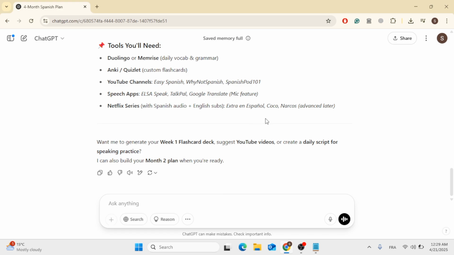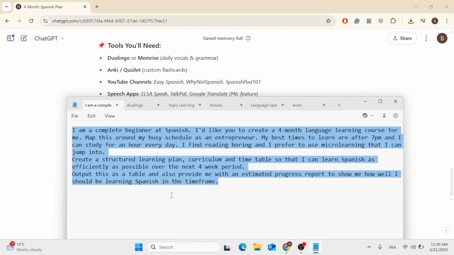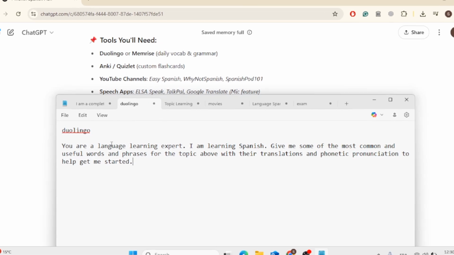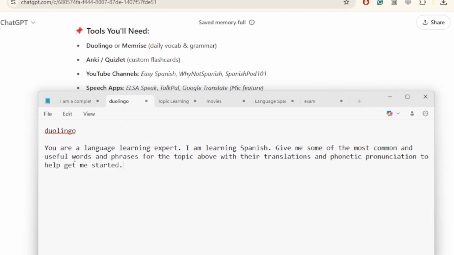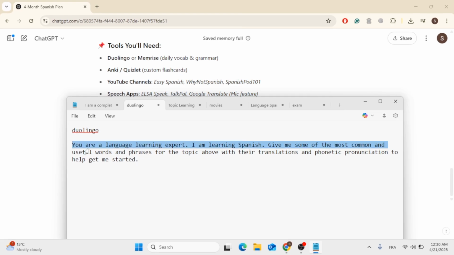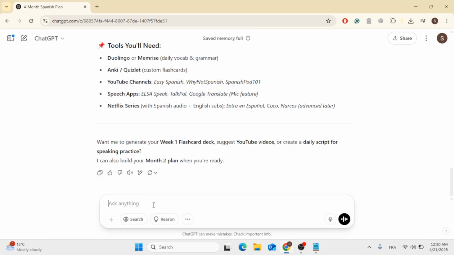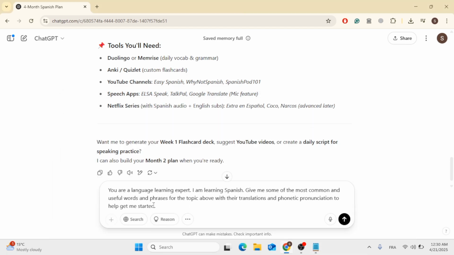Now, the next thing we are going to do is vocabulary plus pronunciation. This is a crucial step, so we are going to go to the next prompt, which is this. So just so you know, ChatGPT will help you learn better than Duolingo. So go ahead, write the next prompt, which is to tell ChatGPT that it is a language learning expert and